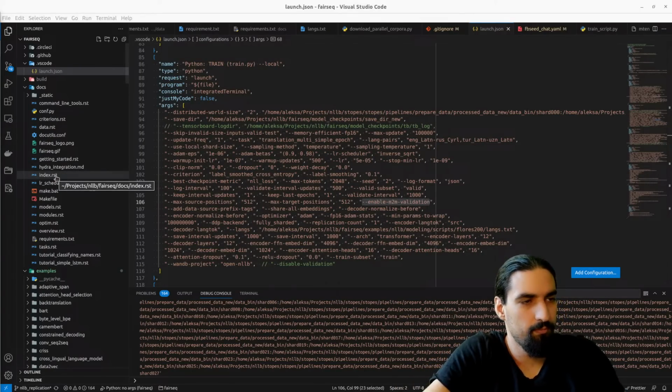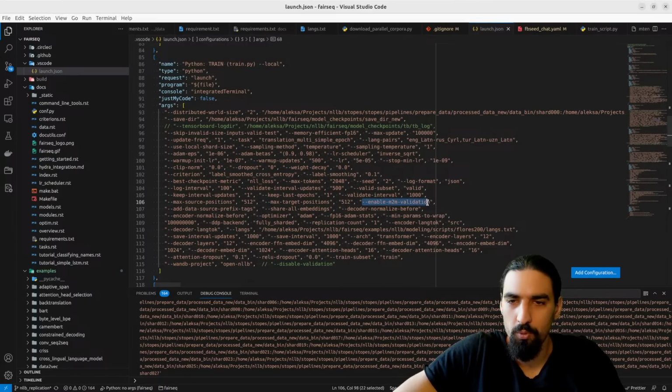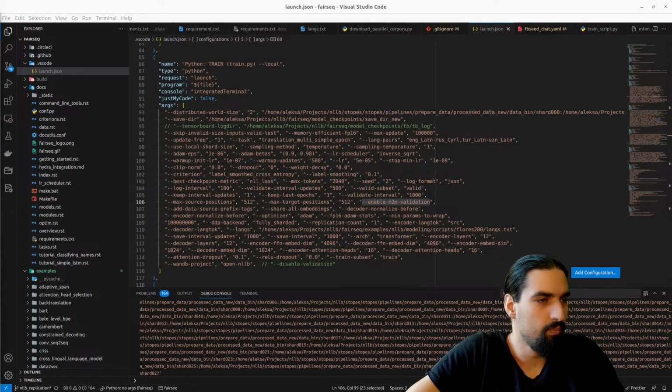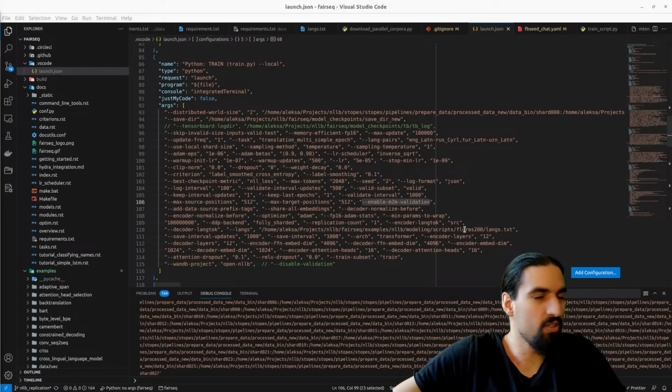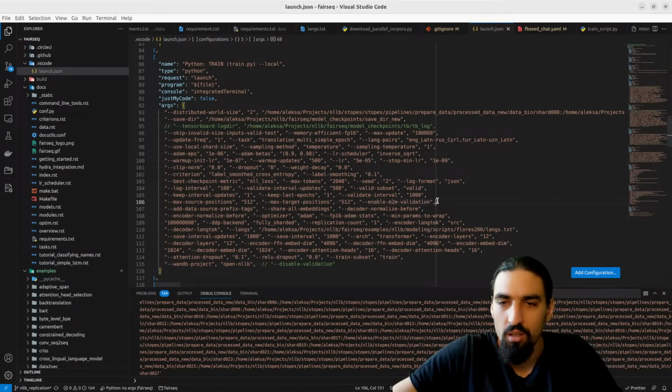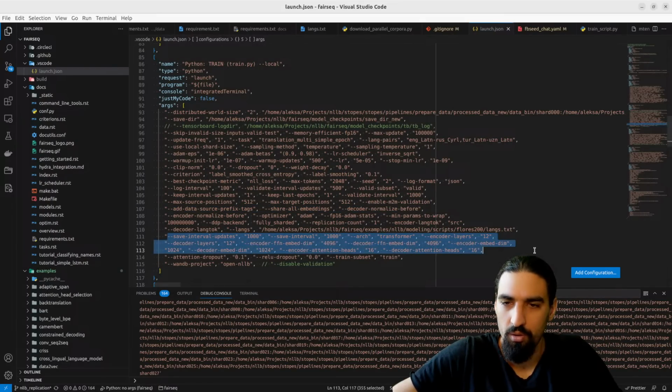Also, what does this one do? So the goal is to understand every single parameter over the next day or two, so that we know exactly what's going on here. Save architecture, encoder, decoder, number of the internal dimension, decoder embedding dimension, encoder attention heads.